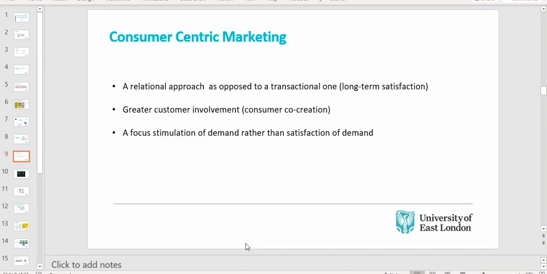Think about the relationships you have. It's not a one-day thing. It's not a here and now thing, but it's building relationships over a long period of time. And that's essentially, think about your consumers and think about how do we build a relationship on a long-term, ongoing basis. That is the crux of any marketing activity.